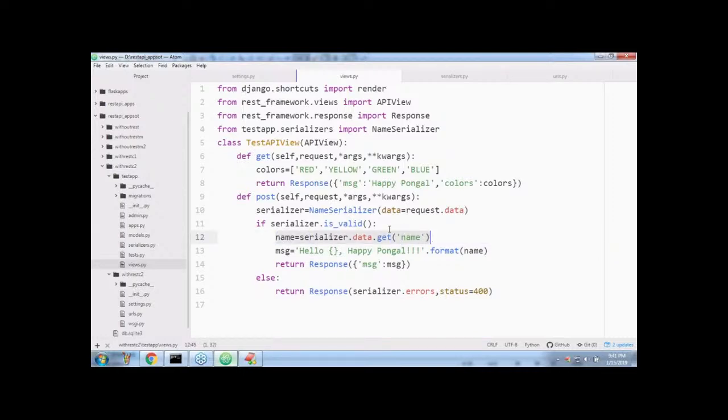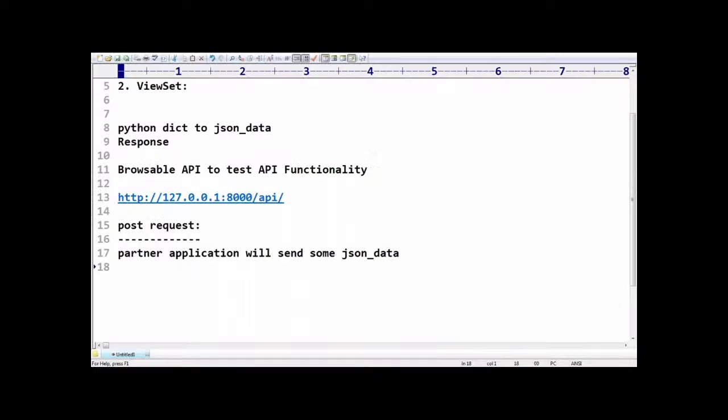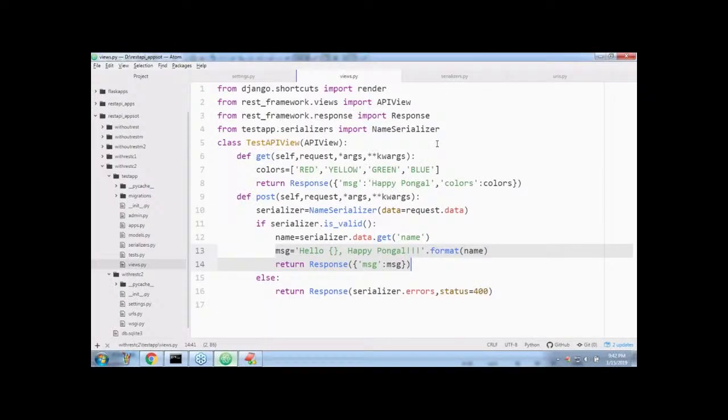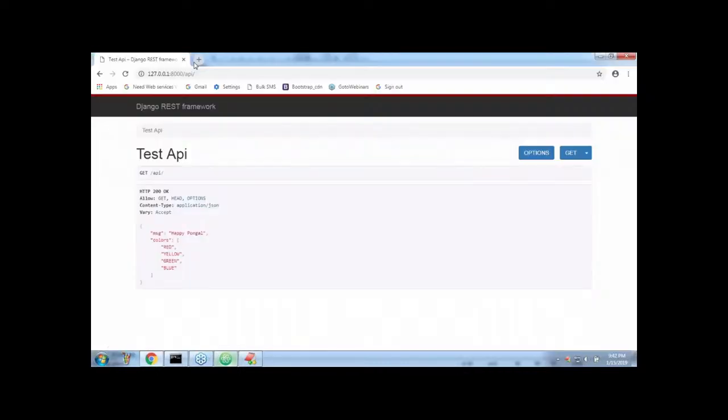That's all. If I pass the name, then what is the response I'm going to get? If this post really works, what is the response it's going to generate, sir? Very simple. It is going to tell hello, name, happy Pongal, something like that. One minute, sir. Let me send a request. Observe that carefully, sir. Here, let me open the browsable